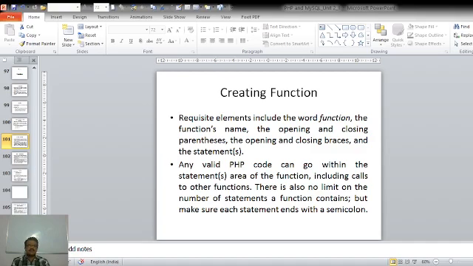Any valid PHP code can be written within the statements area of the function, including calls to another function. There is also no limit on the number of statements a function can contain. You can write as many statements as you want, but make sure each statement ends with a semicolon.